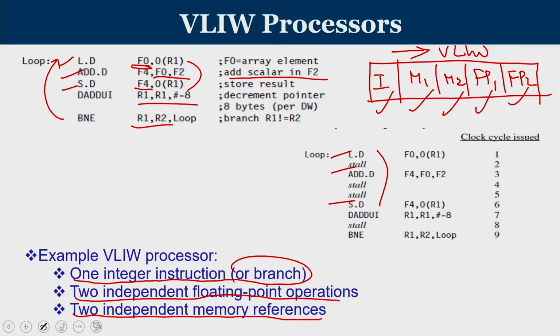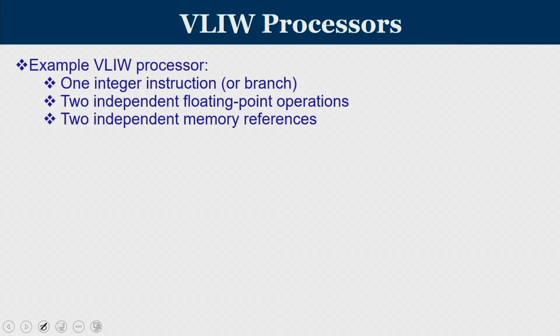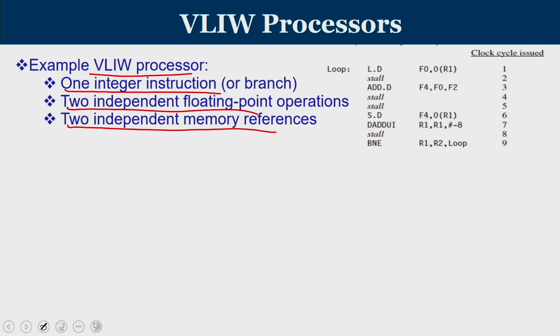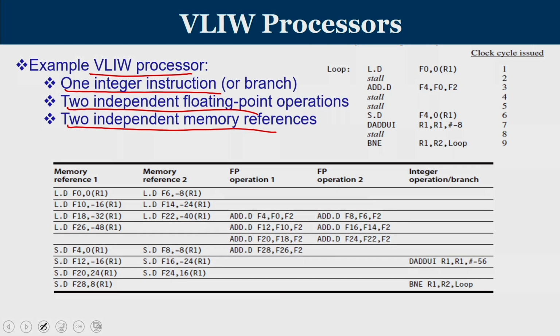Let us now see how it is achieved. We have already mentioned it is possible only with the help of loops. So, in the same example, we are going to have a VLIW processor with one instruction of integer type, 2 independent floating point instructions and 2 independent memory reference instructions. This is the program on which we are going to perform loop unrolling. So, this is the VLIW pattern. See, you have 2 memory references. In one row is one long instruction word. In each row there will be 2 memory references, 2 floating point operations and 1 integer or branch operation.